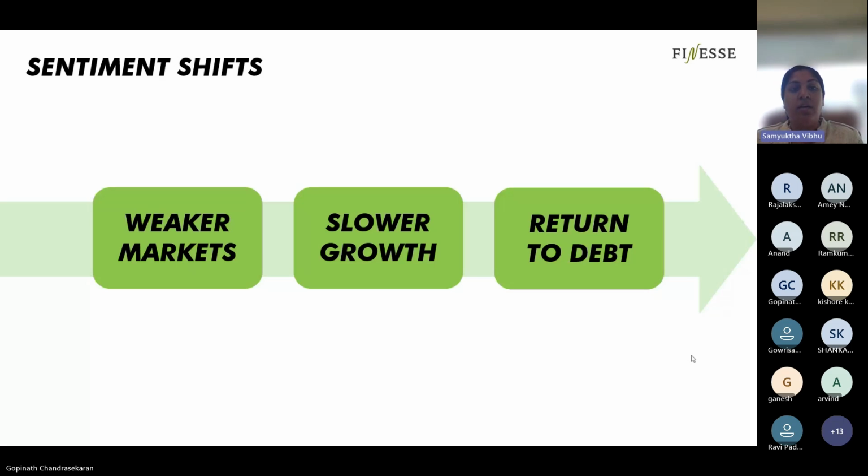But at the same time, there is this adjustment that has to happen in terms of where our growth trajectory is. And when that happens, market sentiment will actually weaken a little bit. And if Q2 turns out not to be a one off situation and something that is a little bit more concerning and more prolonged, then we will start seeing slower growth. And when that happens, markets will be volatile, and investors might want to move out of an asset class that has a more uncertain return profile to an asset class that offers more stability. So there will be this return to fixed income that occurs at this point in the cycle,